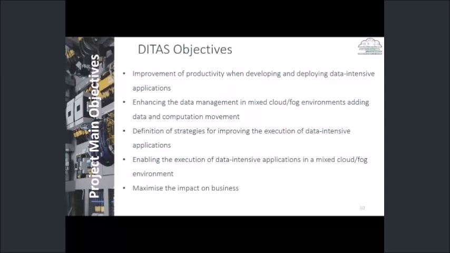First of all, improvement of the productivity when developing and deploying data-intensive applications, enhancing the data management in mixed cloud fog environments, adding data and computation movement capabilities to the applications, definition of strategies for improving the execution of data-intensive applications, taking into account the security policies and being compliant with the different regulations, offering as well a set of tools for enabling the execution of data-intensive application in mixed cloud fog environments, and last but not least, maximize the impact on the